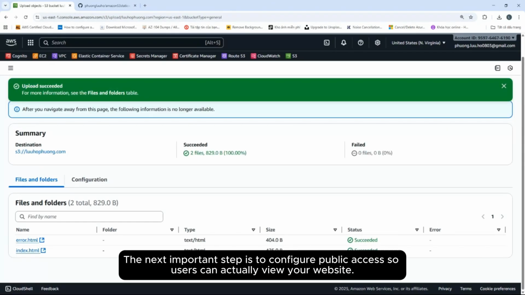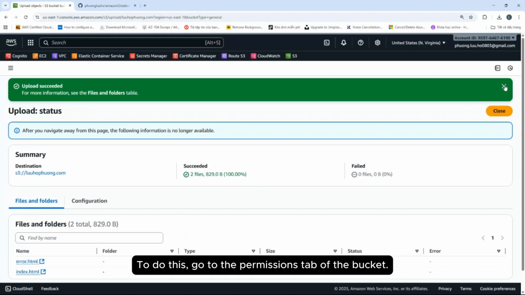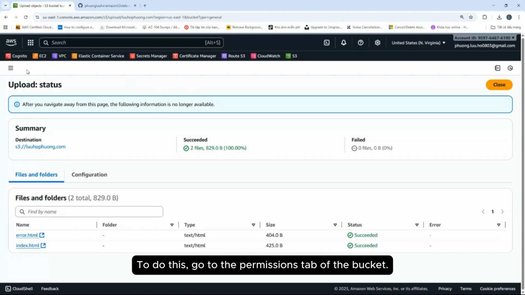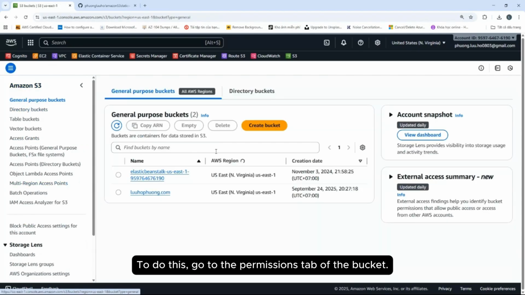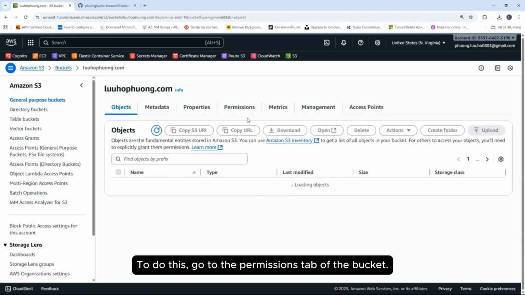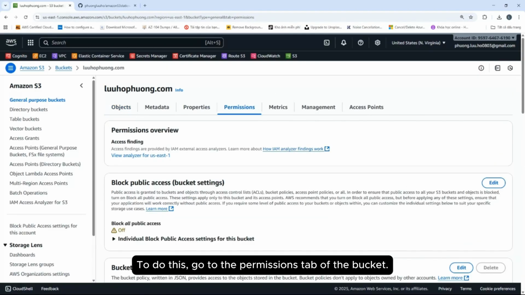Okay, the next important step is to configure public access so users can actually view the website. To do this, go to the Permissions tab of the bucket.